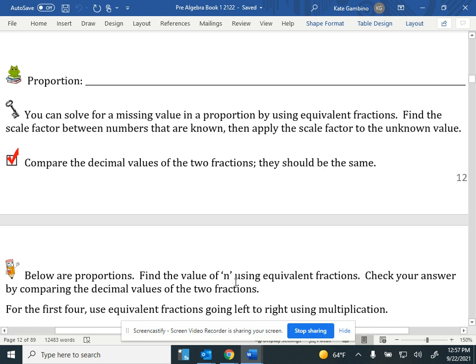Okay, we are doing the second part of our CO5. Yesterday we talked about the equivalent fractions. Today we're going to talk about the proportions. So if we look at the bottom of page 12, we have our proportion. We need to fill in its definition. It is two equivalent values